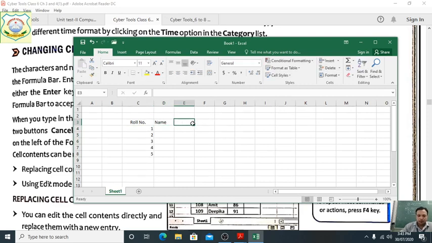Now, here we have written name and numbers. Suppose we have taken the Hindi subject, now English. A, B, C, D, E. Okay. Hindi we have given the numbers 2, 3, 4, 5, 6, 7, 8, 9.